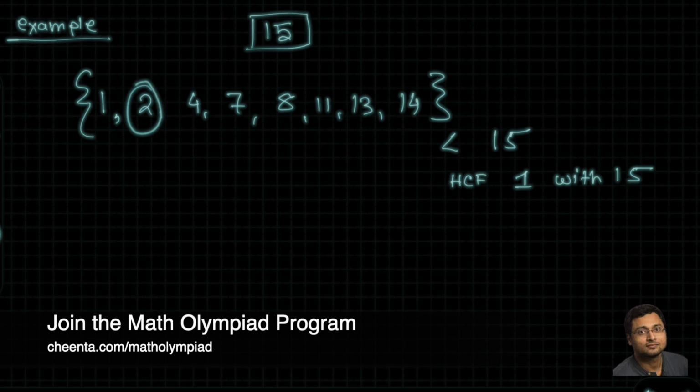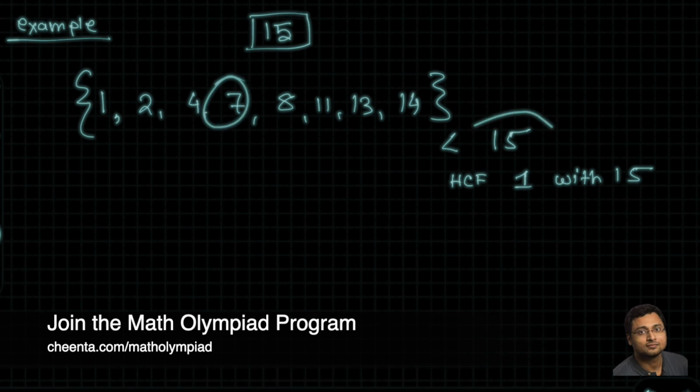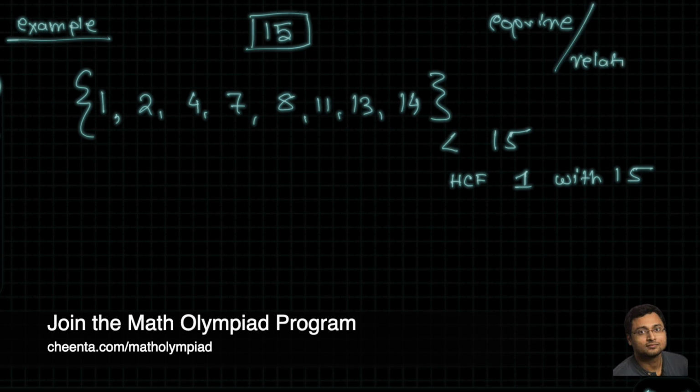Notice that each of these numbers have HCF 1 with 15. 4 has HCF 1 with 15. 7 has HCF 1 with 15 and so on. These numbers are known as co-prime to 15, or sometimes known as relatively prime to 15. So you have to say it's relatively prime to what? Co-prime to what? Otherwise it doesn't make any sense, because you have to know you are computing HCF relative to what. Okay,